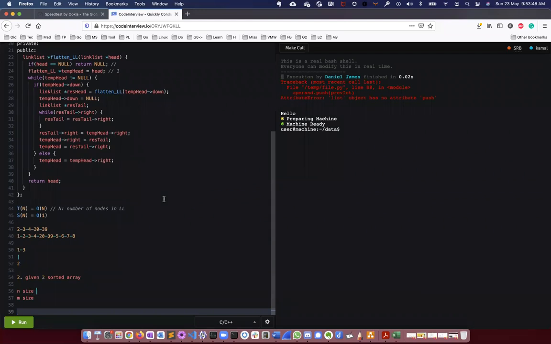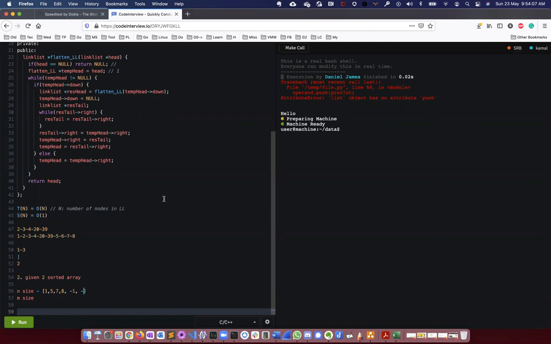The first array contains elements in sorted order, and then you have some leftover space. It is filled with, let us say, some negative numbers.